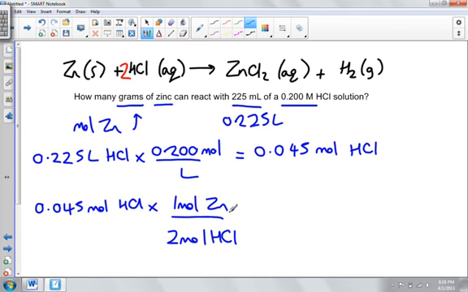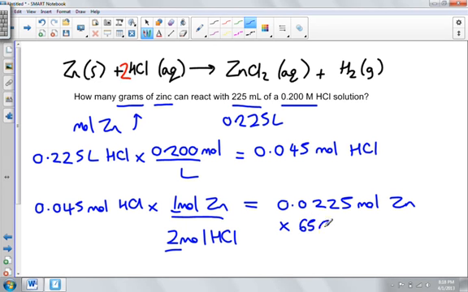Now can you see where I'm getting these numbers from, the 1 and the 2? Oh yeah, they're just from the balanced equation up here. That will tell me then that I have 0.0225 moles of zinc. All right. But again, I don't want moles of zinc. I want grams of zinc, and